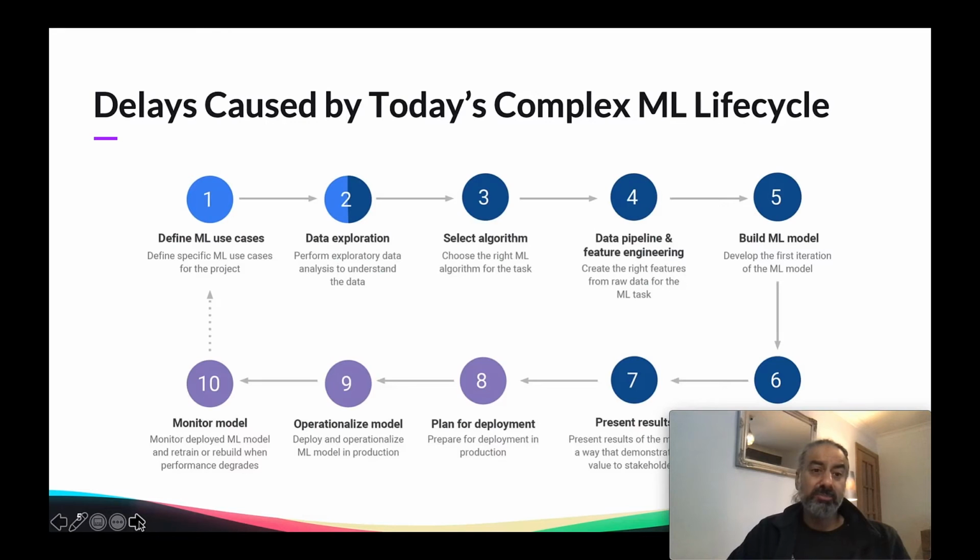Let me just share with you the complexity within the machine learning life cycle, and you can see in these broad 10 steps: the definition of the use case, data exploration, selecting the algorithm, creating pipelines, building the model itself, presenting the results, planning for deployment, operationalizing the model, and then monitoring the model.